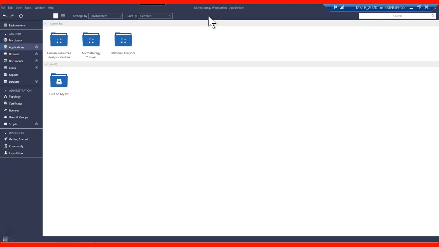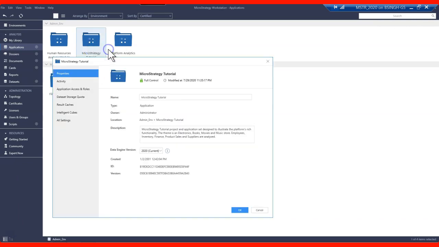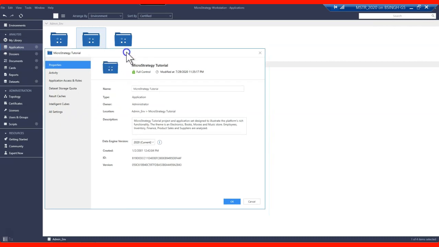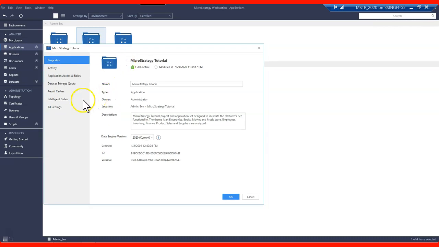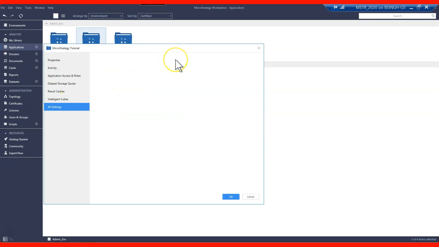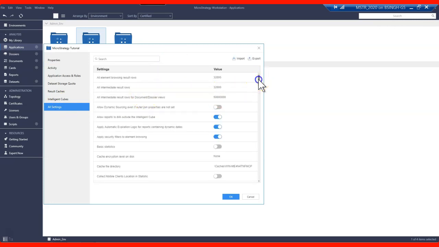Okay, so let's configure the caching for prompted reports. First let me configure the caching for my prompted reports. Let's go to this tutorial project, and from here I'm going to All Settings. In all settings you will get lots of options and you need to scroll up.